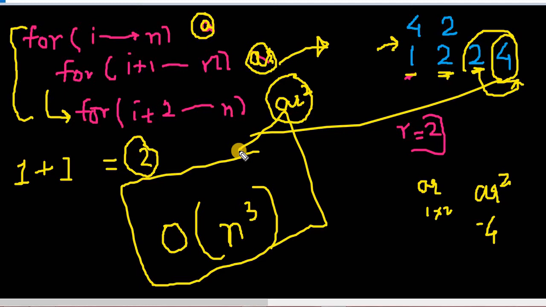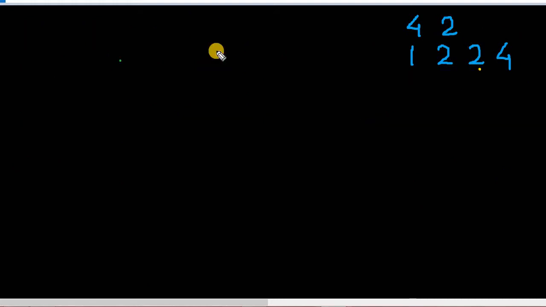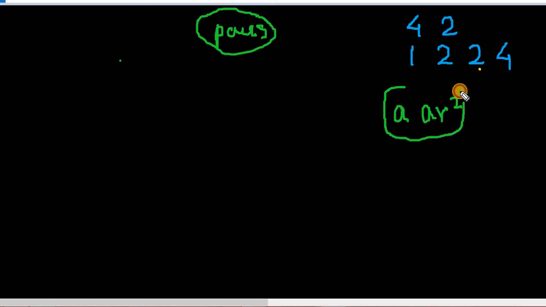So I'll show you how the optimized solution works, but before directly jumping onto the solution, I want to draw your attention to the approach, or how we can solve this particular problem of finding the number of pairs. So let's start. Let me clear this up first. In order to build your logic, I would first be finding how many pairs exist which are in terms of GP. So what we are going to find is simply A and AR square. So this is just to build your logic, or how we can approach this problem. I'll be taking pairs first, and after that we'll be moving to the triplets.